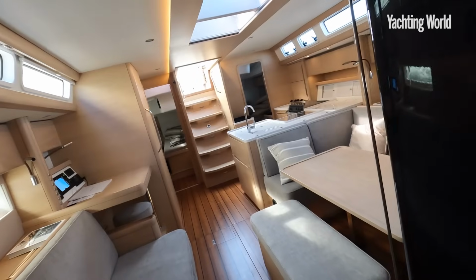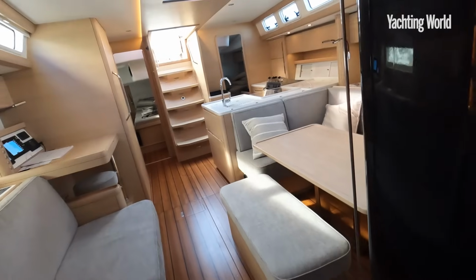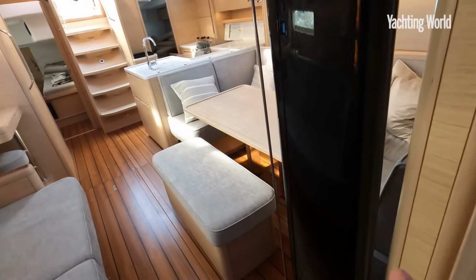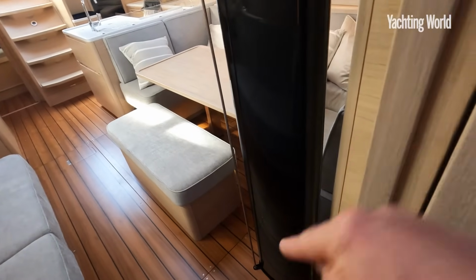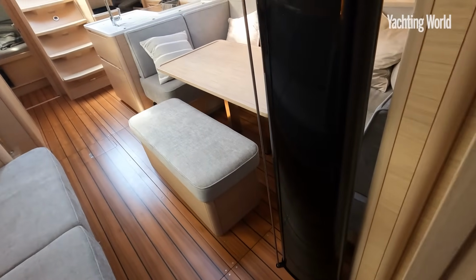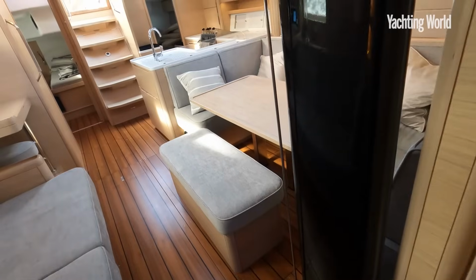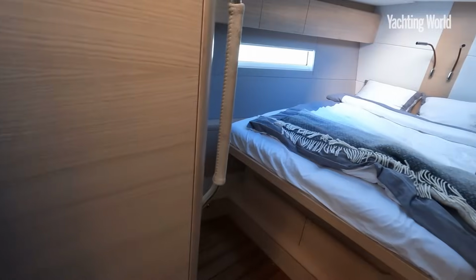So this is a Vinalesta built boat, how they still build, how Arcona have always built them, which is using a galvanized steel grid, which basically forms the framework of the boat. So attached to the back, the keel is bolted directly to the grid. The mast base feeds straight into that steel grid as well. And then the chain plates, the unidirectional fibers from those come down into the frame as well. So that forms the heart of the stiff structure of the boat. And then you've got a Vinalesta hull and deck with Divinycell foam